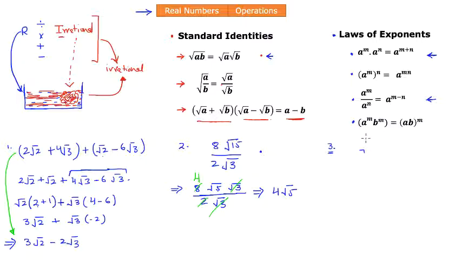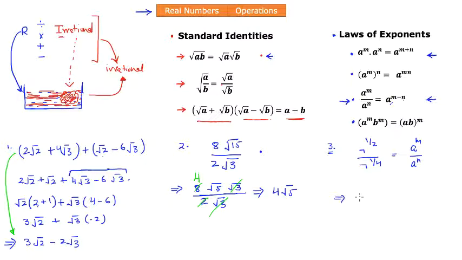So we want to simplify this number in which we have 7 to the power 1/2 divided by 7 to the power 1/4, okay? So we can make use of this specific standard identity when we have two numbers and their bases are same but the powers are different, and if those numbers are in division to each other, then we say that the result is the same base but their powers can get subtracted, right? So we can apply the same thing here, and this is a to the power m divided by a to the power n, and we will have a result of a to the power m minus n, right?